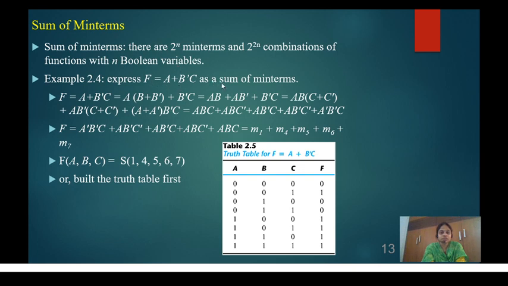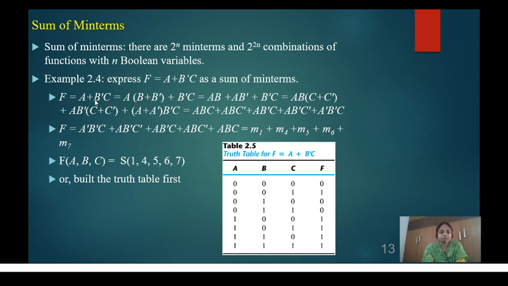So here this is a function and you have to convert it into standard form. What you will do is convert it into a sum of min terms. What is the first step? What is the function they have given? A plus b complement c. By seeing this expression you can tell that this is a 3 variable function. For the first term, what are the variables missing? B and c, right? Similarly for b complement c. To convert it into standard form, you have to add the missing terms, that is b plus b complement and also c plus c complement for this term.